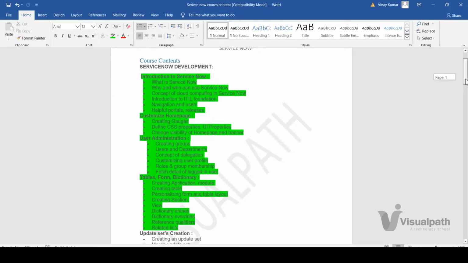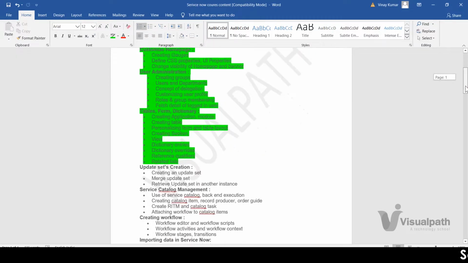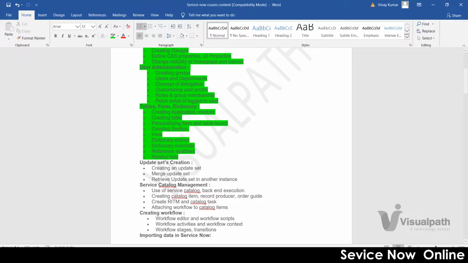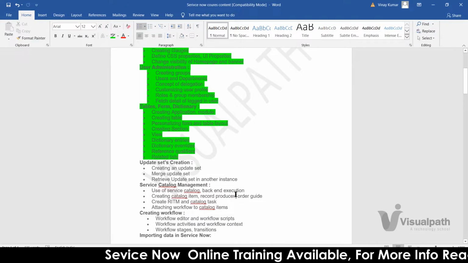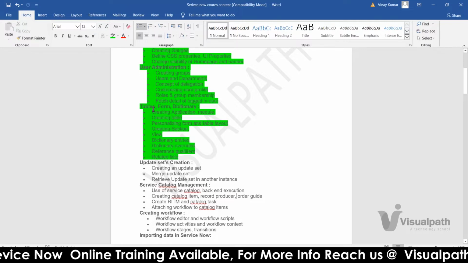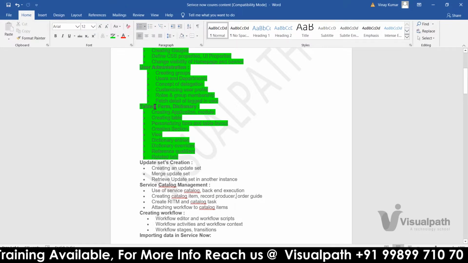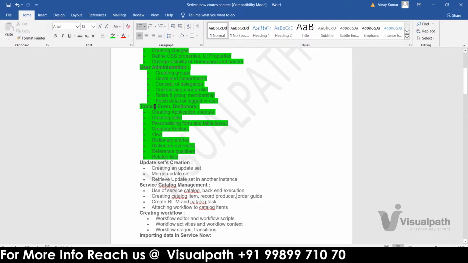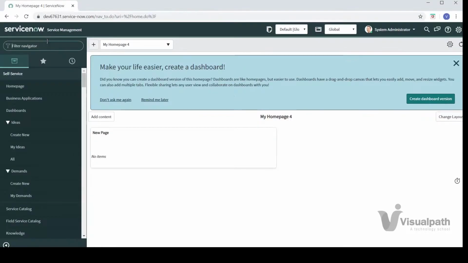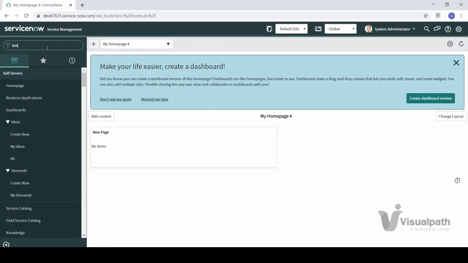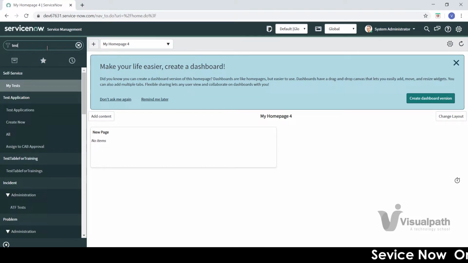Also, we created a table, and then from the table we created a module. Once you create a table, you can also create a module so that it reflects on the left hand side navigation. That's how we have done it. I think yesterday we were doing something test